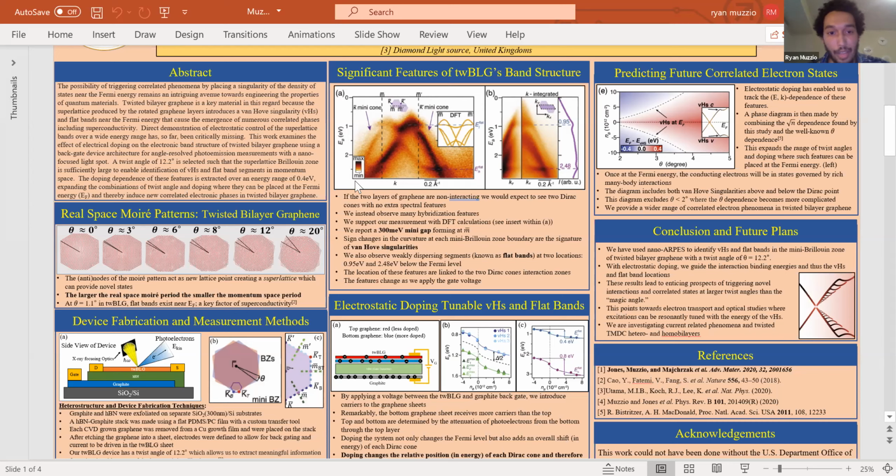And so here's a plot of that band structure where momentum is on the x-axis and energy is on the y-axis. And so here you can see 2 Dirac cones of graphene. And like I said, they're weakly interacting, so you can still see those Dirac cones pretty well. But what is really interesting is that you can see these weakly dispersing bands or flat bands that are occurring due to the interaction of the 2 here. So they actually are interacting, just like the 1 degree case.